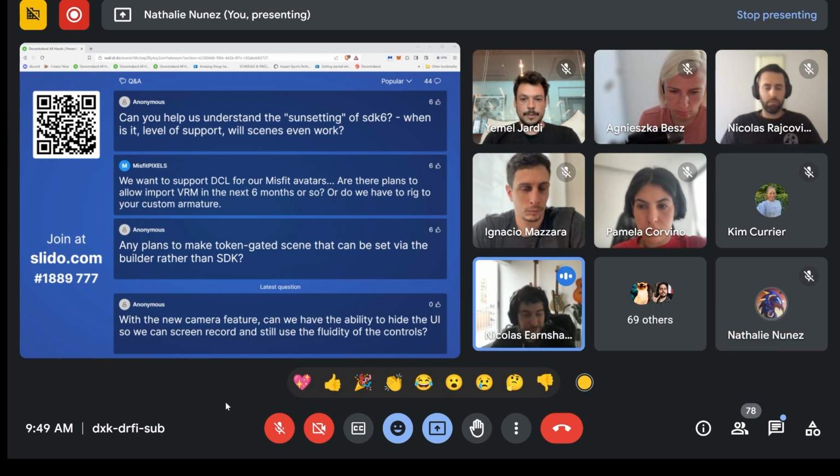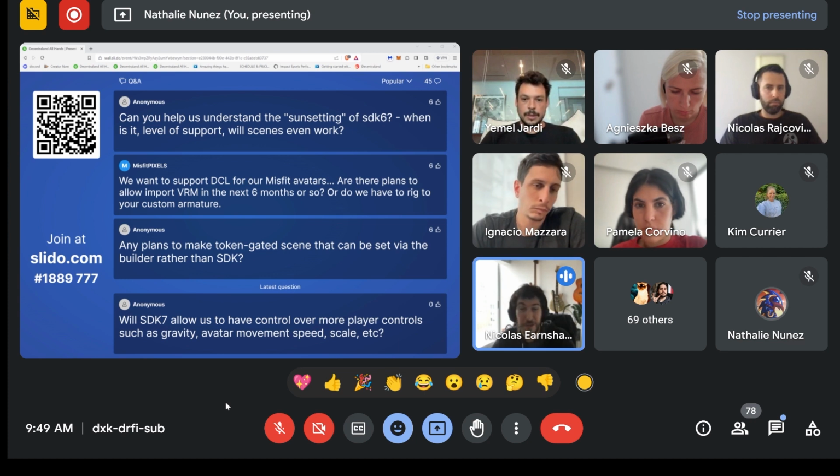And also, a little bit of detail on why we are only building SDK7 as supported by the new clients. One, of course, it's a lot more work to add support for both things, and it's a matter of having resources well distributed.